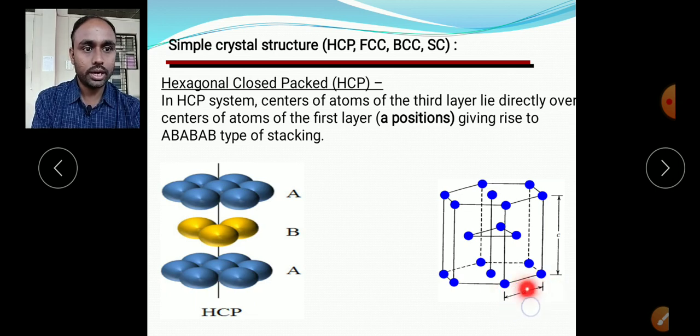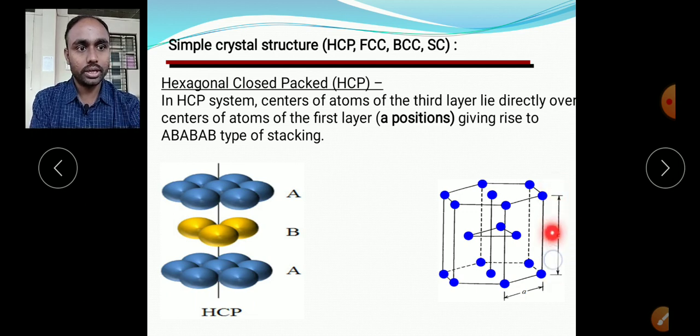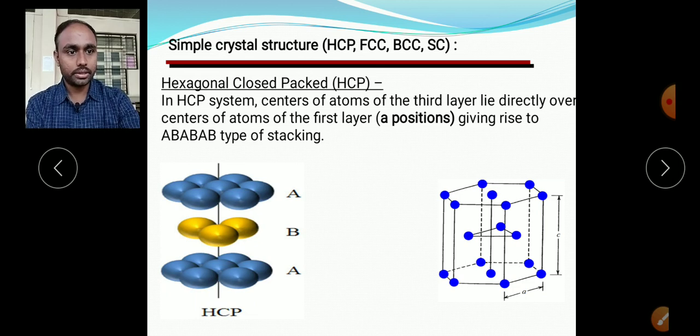This particular thing we call A. We know that is our lattice parameter, and one more is C, because in a hexagonal close pack or hexagonal unit cell, A is equal to B but not equal to C, and gamma is equal to 120 degrees if you remember, and the remaining angles alpha and beta are 90 degrees. Among that we have drawn here A, and this one is C, the vertical side. Because A and B are the same, we call it A. Now let us move to the next slide.